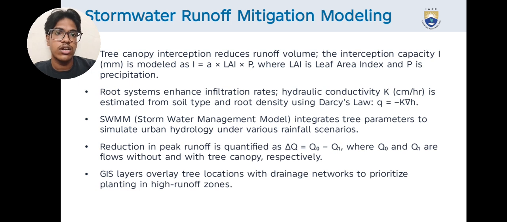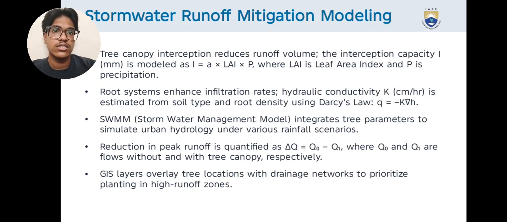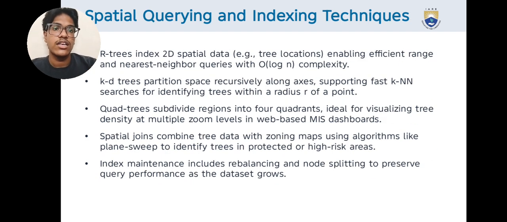GIS layers overlay tree locations with drainage networks to prioritize planting in high runoff zones. Spatial query and indexing techniques. R-trees index 2D spatial data, for example tree locations, enabling efficient range and nearest neighbor queries with O(log n) complexity. KD-trees partition space recursively along axes, supporting fast KNN searches for identifying trees within a radius r